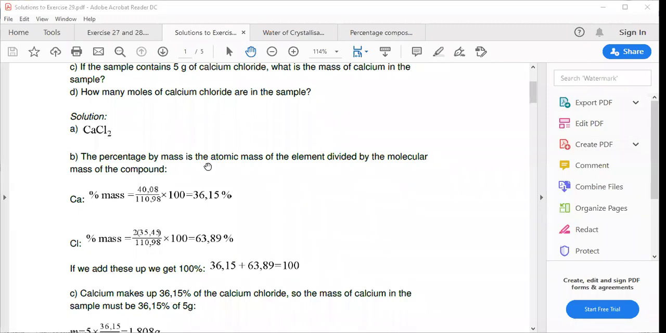Right, the percentage by mass. What are you going to do? You have to calculate the molar mass for calcium chloride. So calcium is 40, isn't it? Calcium is 40. And your chlorine, what is it? 35.5. Are we all comfortable with this? Okay, well, basically what I'm saying is this. You have to find the molar mass. So your molar mass of calcium chloride